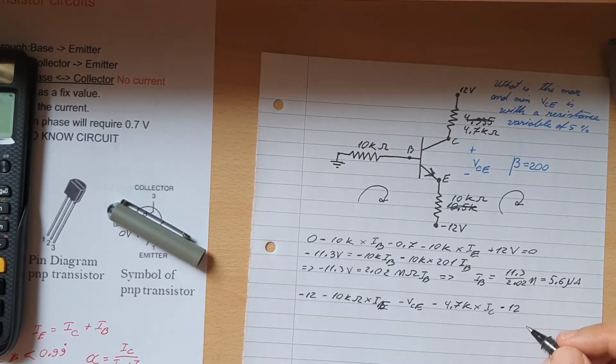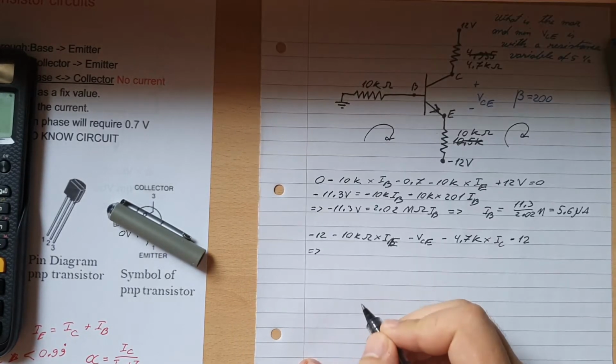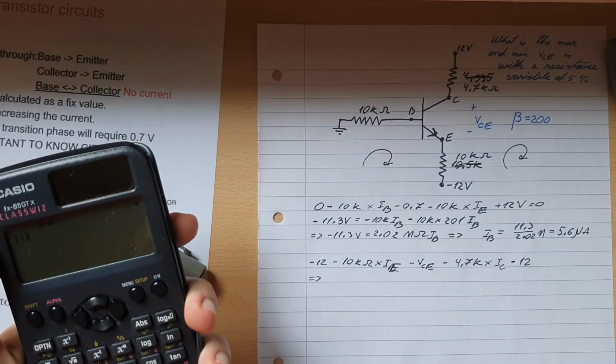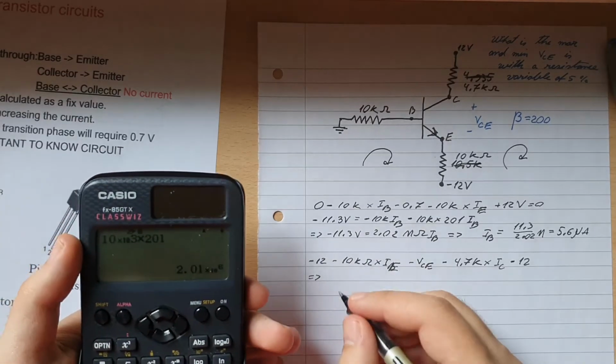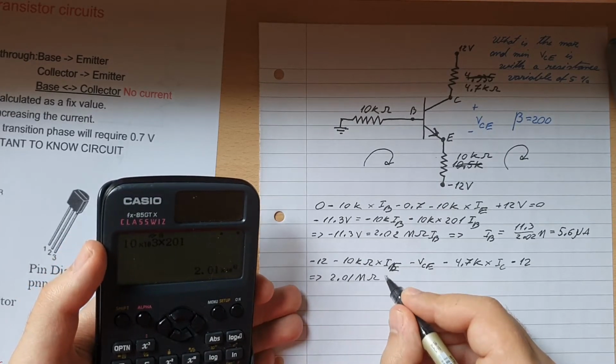Alright, so yeah, we can rewrite this one as we change the IE with 201, so 10 times 10 to the 3 times 201, that's equal to 2.01 mega ohm IB